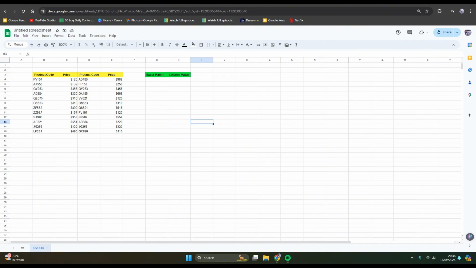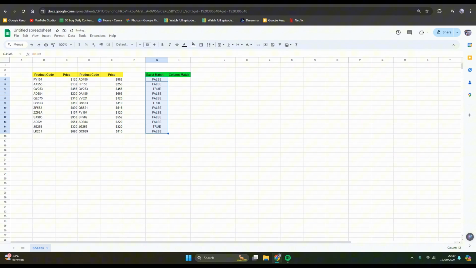So if you want to compare the exact match to see if they are the same code applied to different employees, you can just follow the steps. First, you can just use the equal to sign and then select the first product code or data, and then equal to again, and choose the second column, this one. And you can see it will turn out false if it's not the same, but it will turn out true if it's the same. So you can just hit enter, and let's drag to autofill the rest of the data